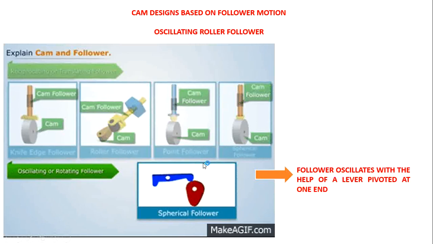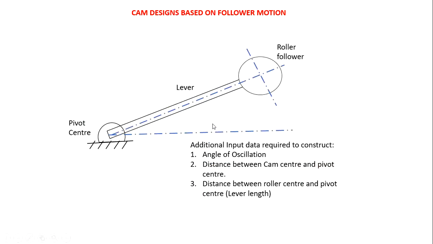Okay. So usually the oscillating follower follows only a roller follower. Here we need only the angle of rotation. In the previous cases we required displacement because the follower reciprocates linearly. Now we want only the oscillating movement. So for the oscillating movement, how much angle per cam rotation it is oscillating, that data is needed.